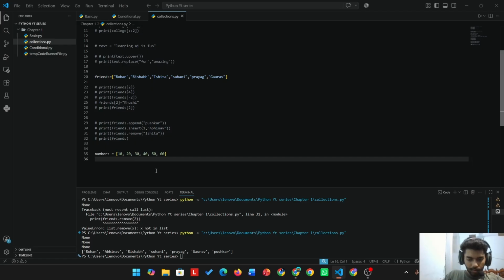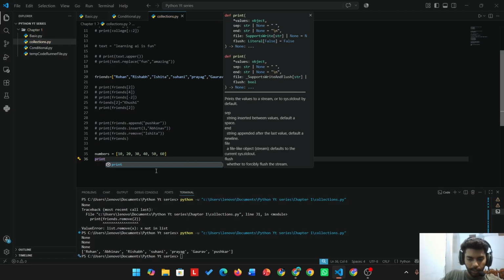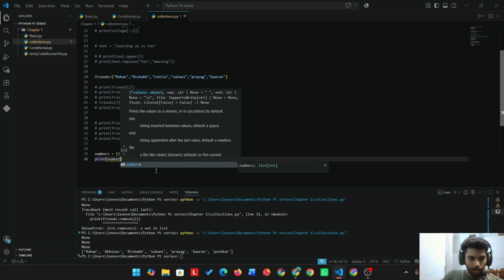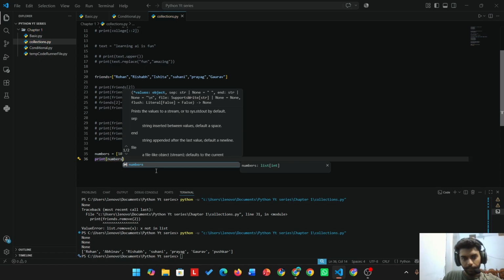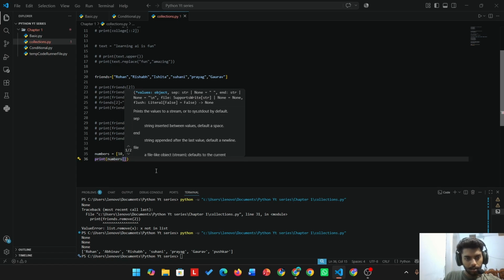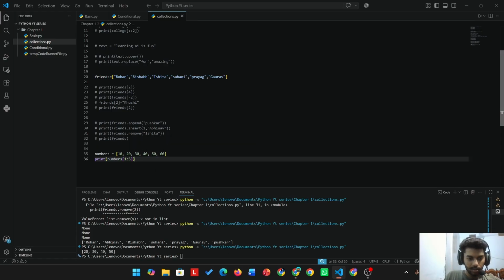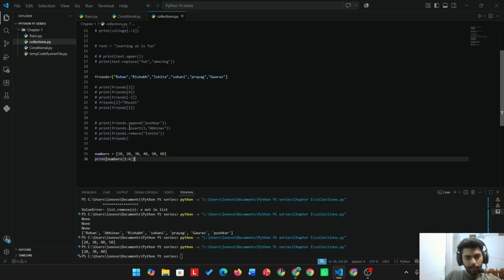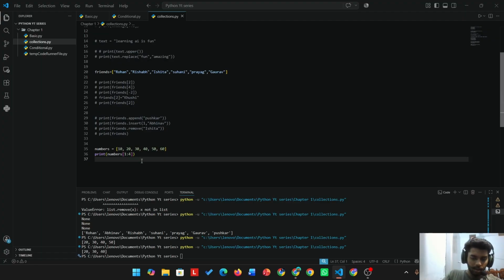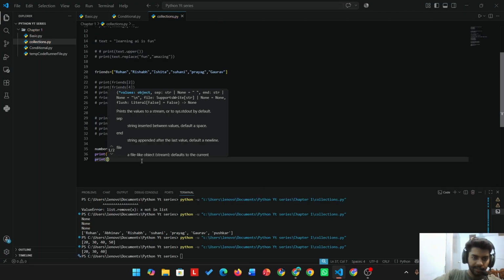No, print numbers. Now we want to write from 1 to 5. If I write this, now see what is the output: 20, 30, 40, 50. If I write 4, 20, 30, 40. Now if I reverse the whole screen,